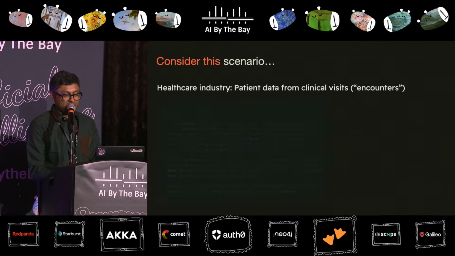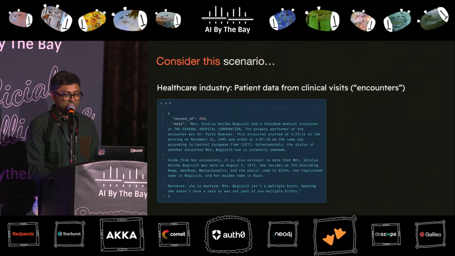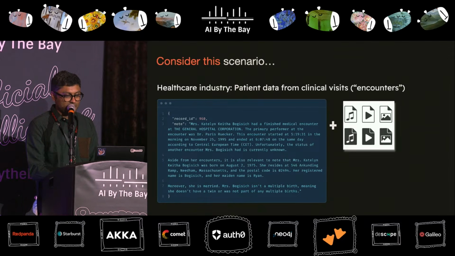Say you have a healthcare data set of clinical notes. You have a patient who visits a clinic and interacts with a healthcare practitioner. This is termed an encounter. Each record has an ID and things like a summary description of the conversation entered into the system. The typical format of this is unstructured, messy text. You have things like names of patients and other information like addresses and so on, like metadata.